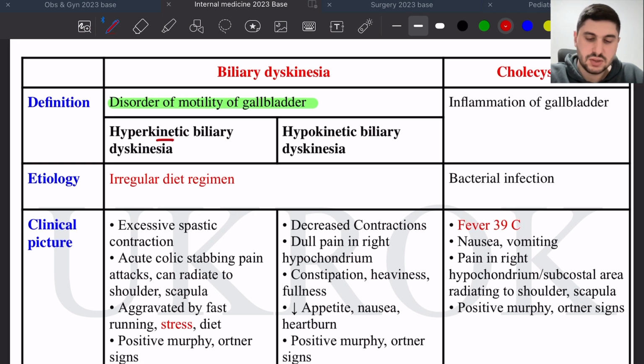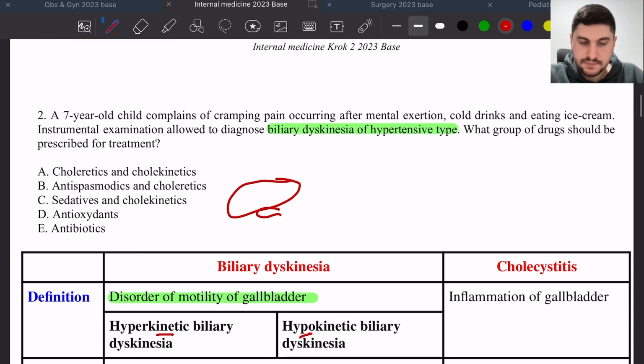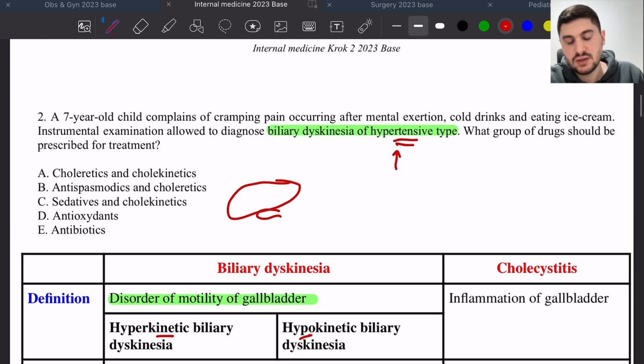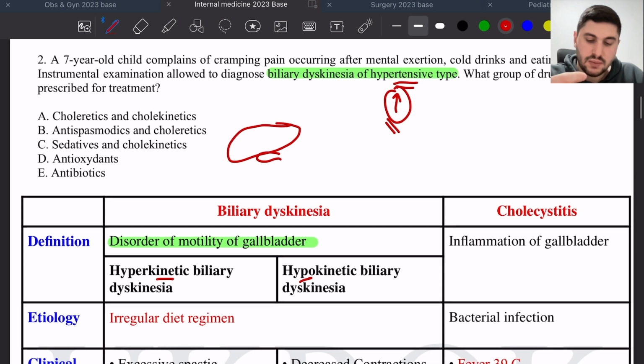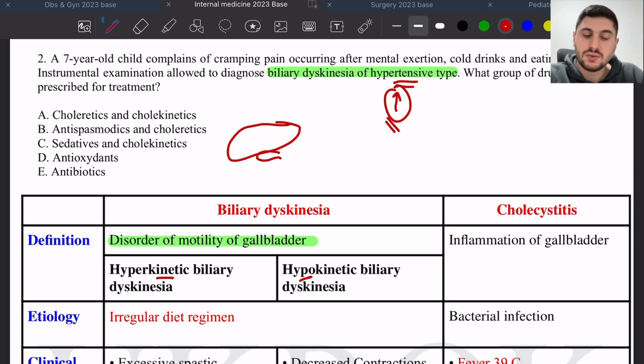Hyperkinetic means too much. Hypokinetic means not a lot. An irregular diet can be a reason. Here in the question, they tell us that it's hypertensive type, so it's the type that is contracting too much, right? For this, we need to give something that slows down and